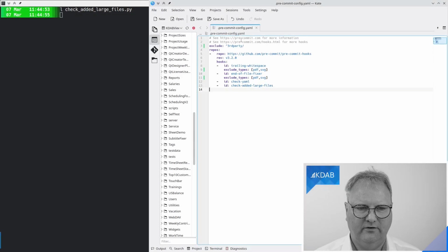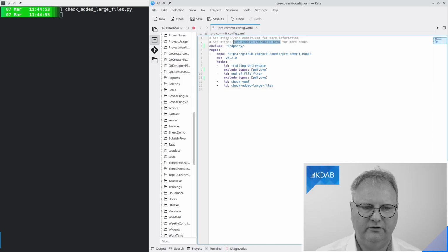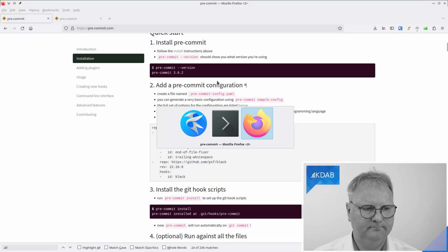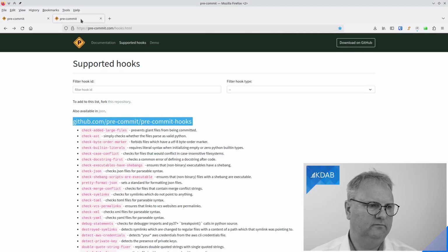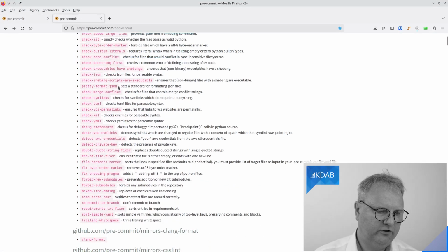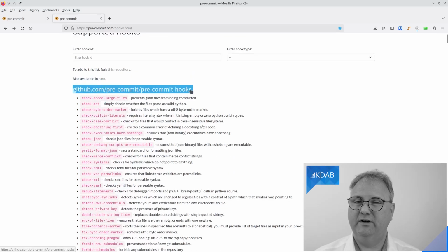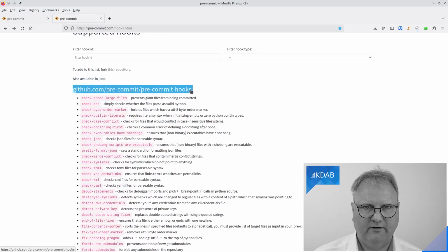Jesper, you are just showing us some syntax we hardly understand, and you are using keys we have hardly any idea what should be. How did you get to know all of that stuff? Well, that was easy. So first of all, I could go to this URL up here where it tells me about the hooks. So we can do that. Well, I already did. And here are all the hooks that are available for this particular pre-commit hooks Git directory.